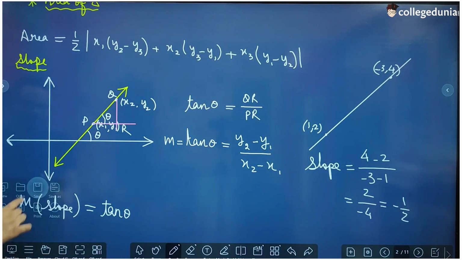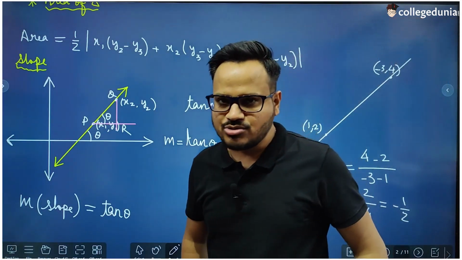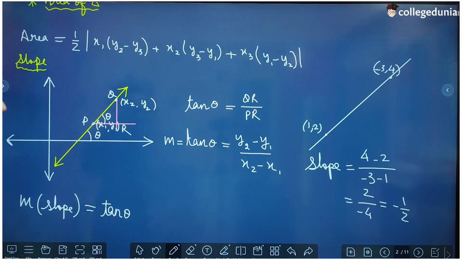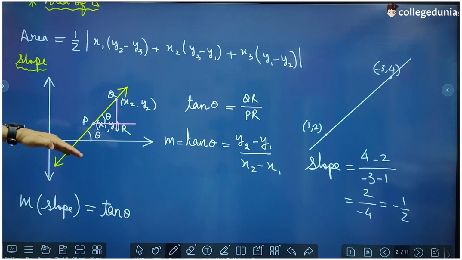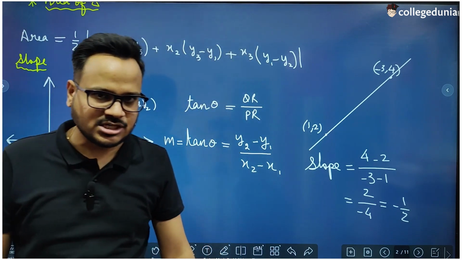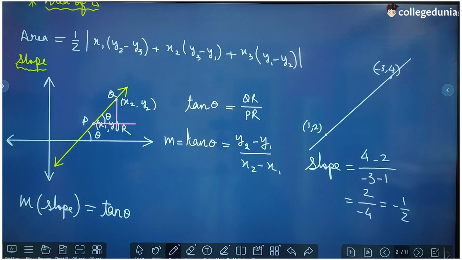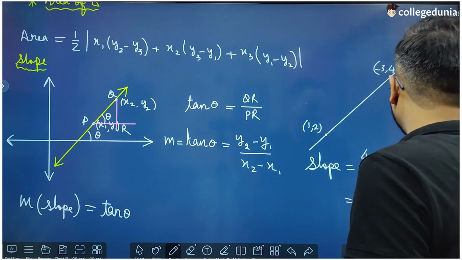So we have two formulae to find the slope of the line, and slope of the line is one of the most important concepts in class 11 maths, right? So these two formulae: the first formula is tan theta when the angle is known, and this angle is the angle measured in anti-clockwise sense with positive direction of x-axis, and the second formula is y2 minus y1 divided by x2 minus x1 when the angle is not known but we know 2 points which lie on the line. Clear? Okay, so there is another concept